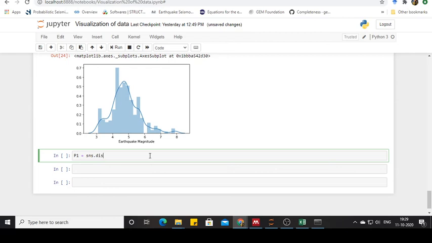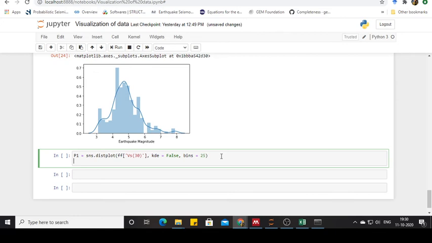So I'm again going to use the same command, this plot of ff of vs30, and there are a few set of commands which you can actually familiarize yourself with, depending upon the type of the plots that need to be displayed. Bins is 25 I'm giving because I want the entire data set to be divided into 25 bins when it is creating a histogram. So now I will say p1.set_ylabel